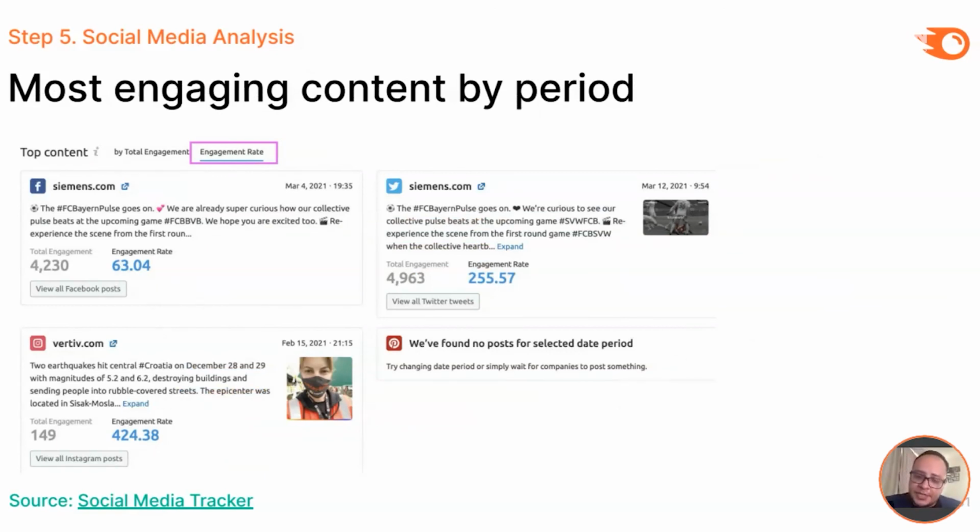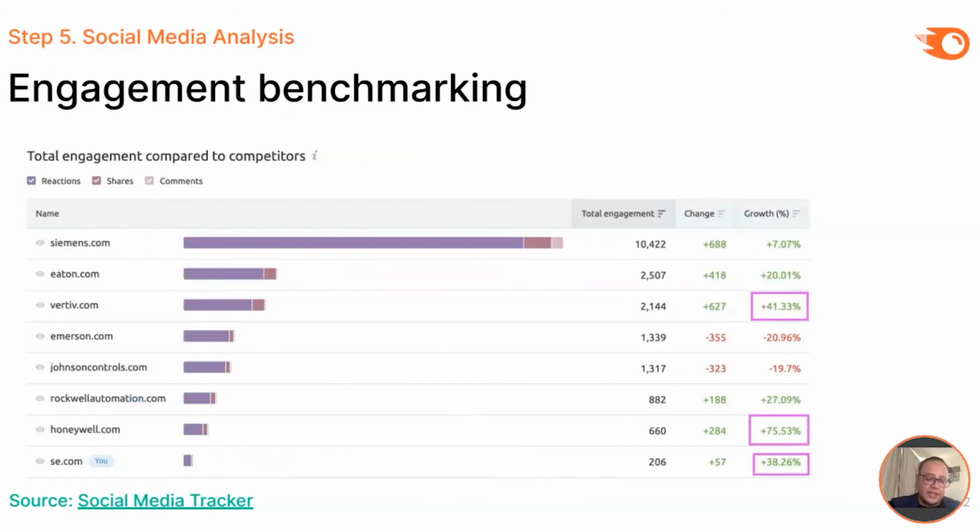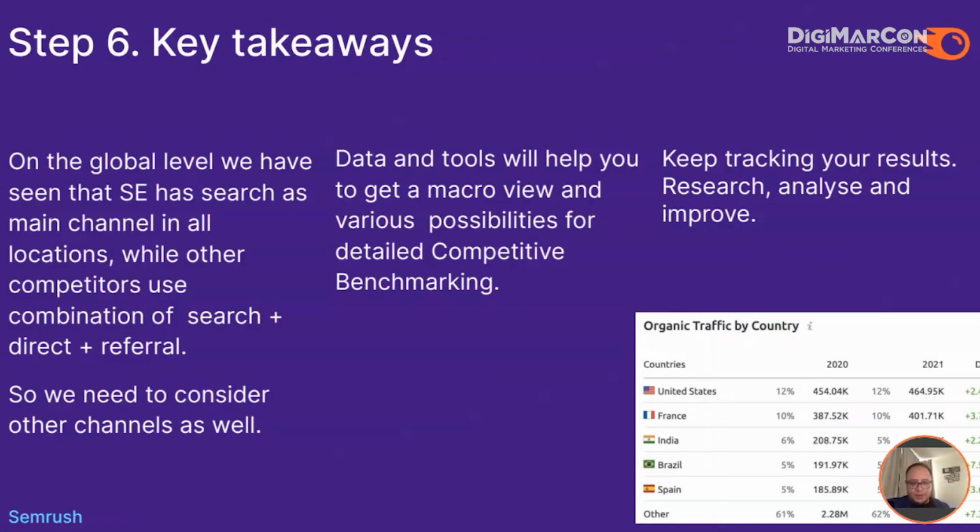What is the best post that was published in my industry around my competitors? You can see here posts from Facebook or Twitter, also using a social media tracker tool like you see here, and having this information with the engagement benchmark is going to give you a really big idea of how many people are really interested in a service, let's say electrical service, and how many of them are engaged with that, commenting, posting, and talking.